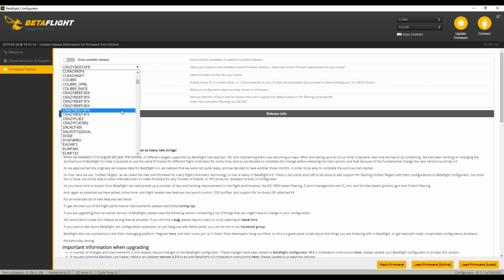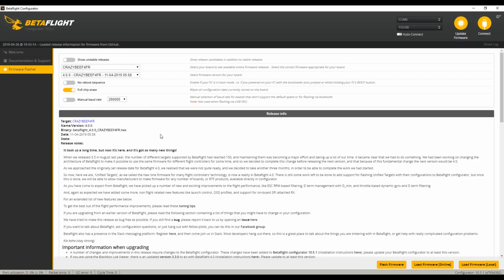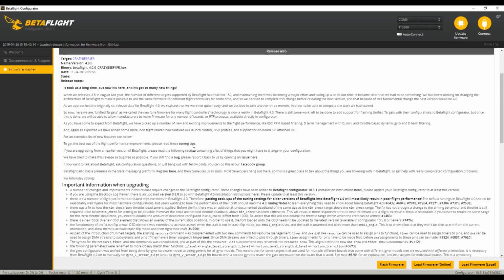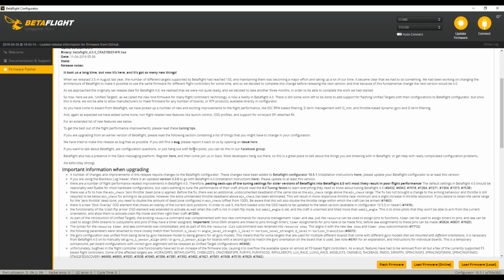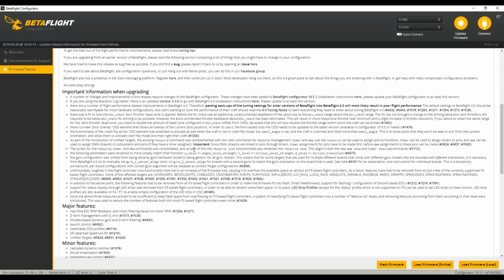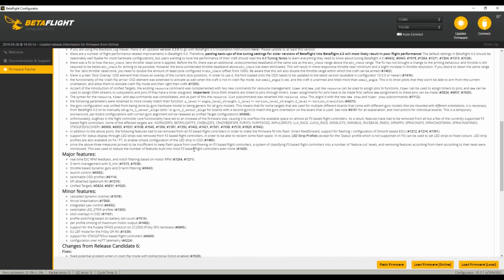Select your board that you had clearly written at the top of your dump. Make sure you are putting the right firmware for the right board on there. Make sure you're not trying to use any kind of pre-releases or dev releases. Take the official release and you're going to load it onto your board online. It'll say load online. You can read the updates and things that have happened if you'd like to, but load